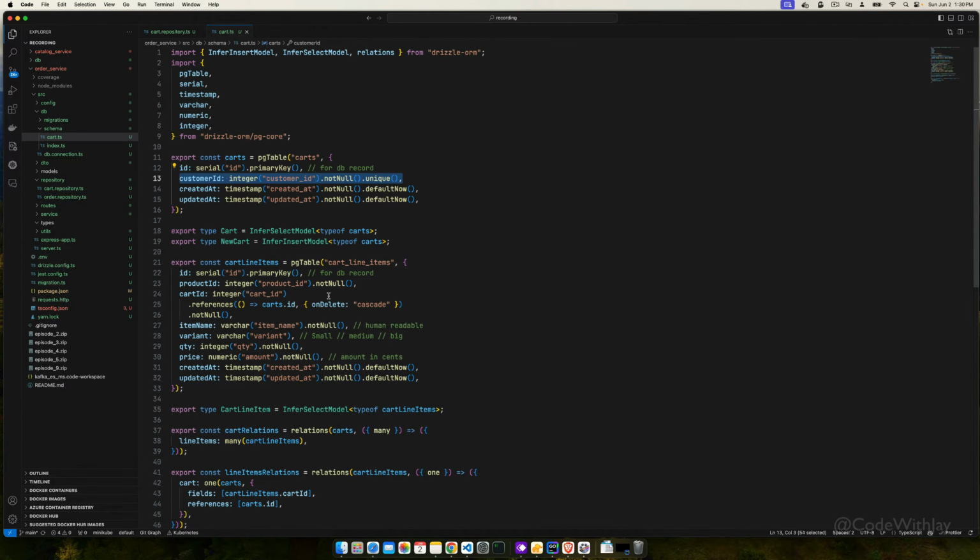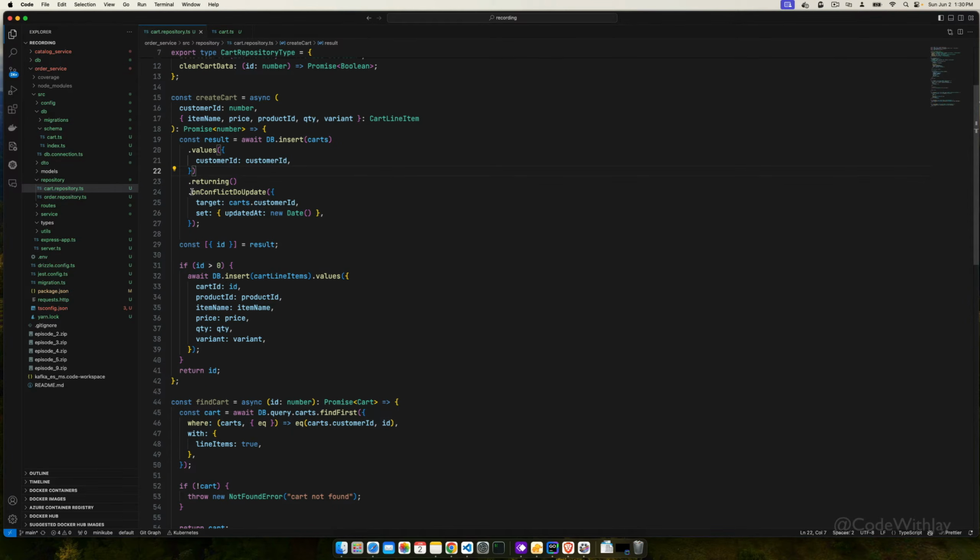Then that cart can have multiple line items, right? So this is the idea. And now you can see if that customer ID already exists, then we are saying on conflict, just try to update. And what are we going to update? Only updated at. That means when you are adding an item to the cart, the cart's updated at will be updated,